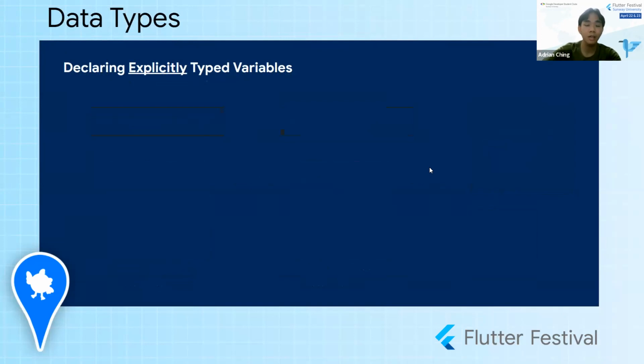Right, so now we've learned about implicitly typed variables. It's pretty easy. Now it's time for explicitly typed variables. This one is a little bit complicated because you need to learn about different data types. But let's see. Instead of the var keyword, we are using the type keyword. But this type keyword isn't an actual keyword. It's just a placeholder to demonstrate.